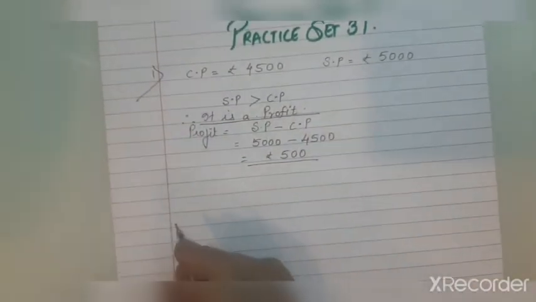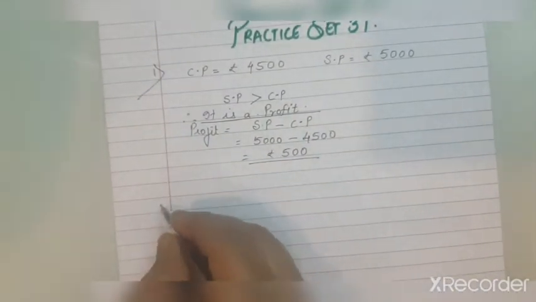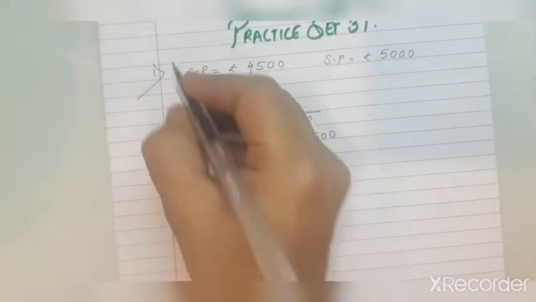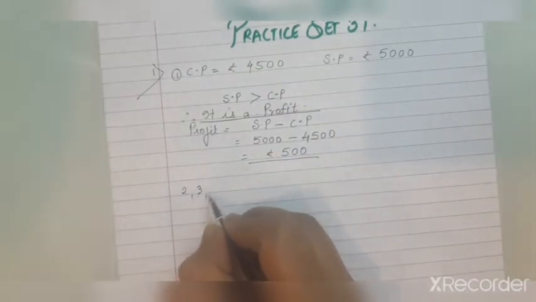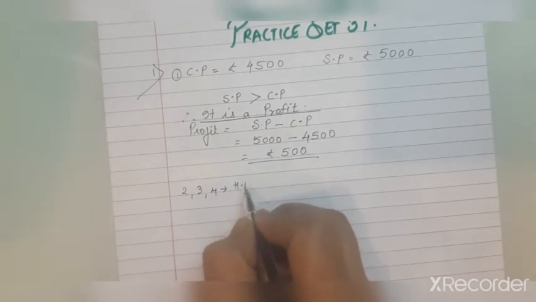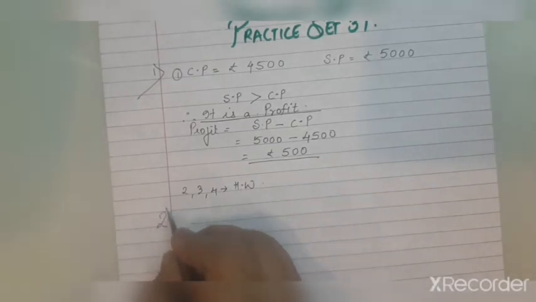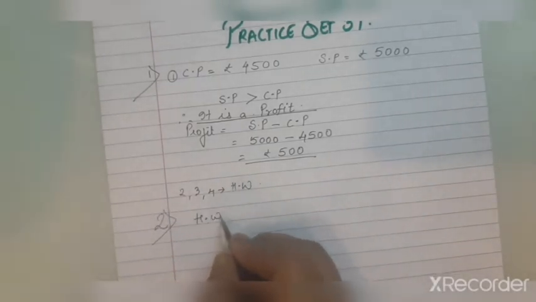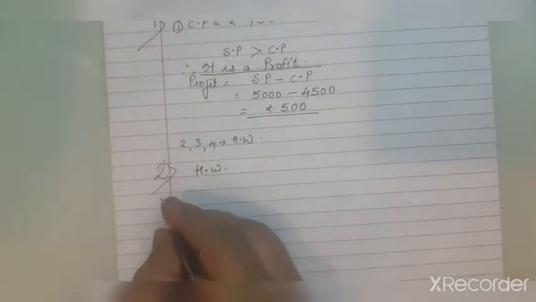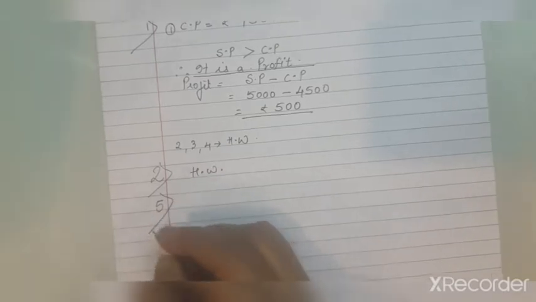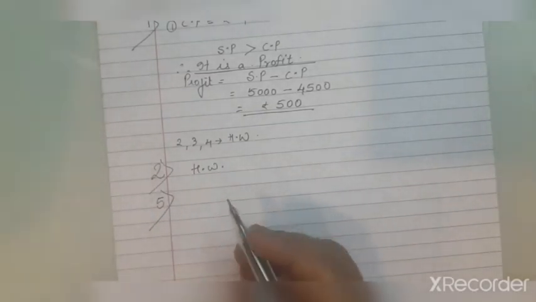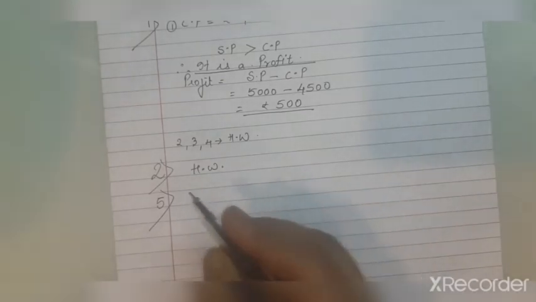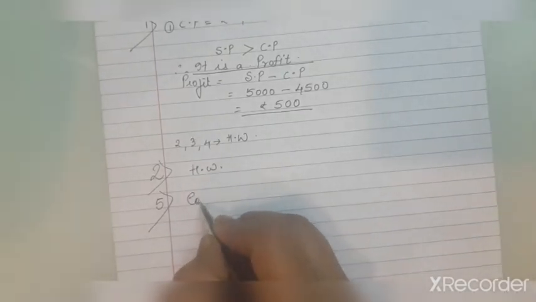So let's begin. It is sum number 5. We have done the first. In this, the second, third and fourth are for homework. Then the second sum is also for homework. I have explained how it is to be done. The third and the fourth are omitted. Therefore, we will go to the fifth sum. Here in the fifth sum, you will see that Pramod bought 100 bunches. So the cost price